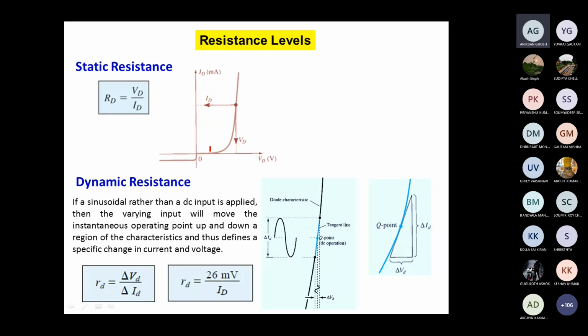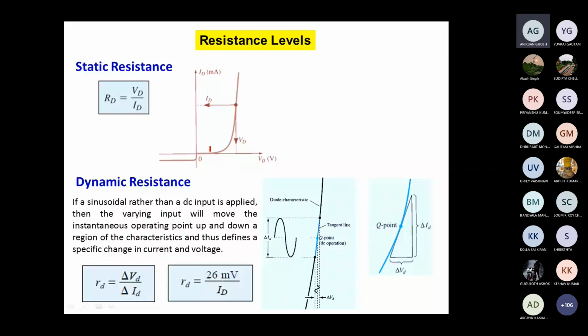In the last class, we had discussed the PN junction, the concept of the PN junction, then barrier potential, depletion region, and the IV characteristics, forward bias and reverse bias. In forward bias, the barrier potential will decrease, then current will flow, and in reverse bias, the barrier will increase, then current will be very low.